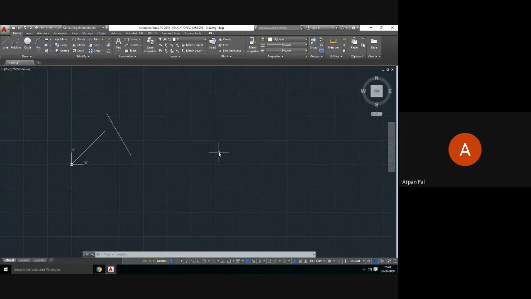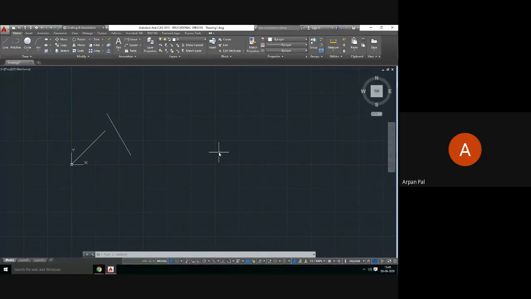See, in AutoCAD drawing, I have told you from the first day onwards that it is not at all a problem of hand skill that you need to show during your hand drawing portion. But in the AutoCAD portion, your challenge is how fast you can draw with the software. With the software, every drawing is easy, but fast drawing is not the easy part. Okay. So try to do it as fast as possible.